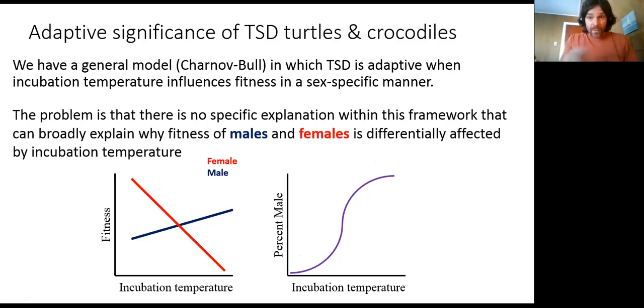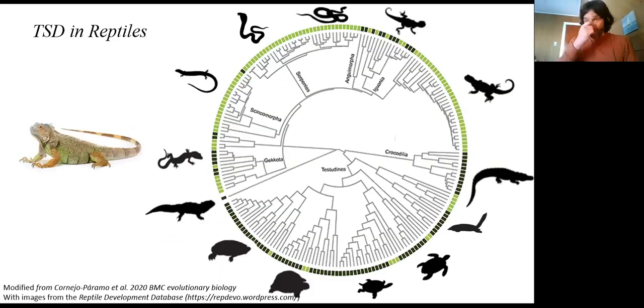Sure, we can make up explanations on a species-specific basis that fall into the Charnov-Bull framework, but it would be much more convincing if we had a broad hypothesis that applied to many, many species and explains why there's a temperature by sex interaction for fitness. And that's what I'm going to be looking for today. And so what I'd argue is that